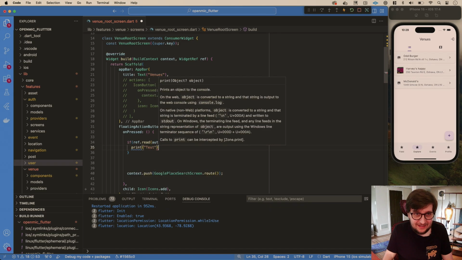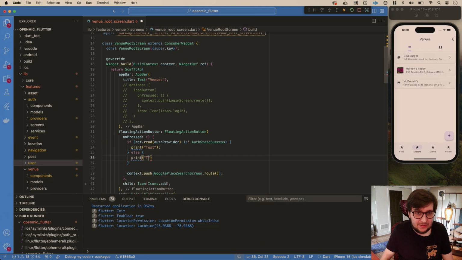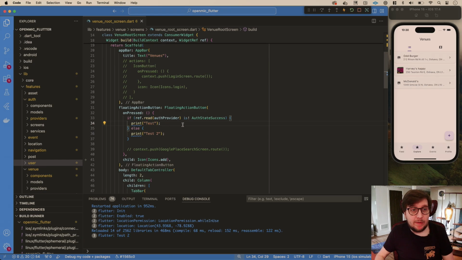Test. Else. Print. Test 2. And we'll just get rid of the action here. Okay. If clicking this should say, okay, test 2. So, and we are logged in, I think. Okay, so I guess that's working. Okay, cool. I guess you just do is with an exclamation mark. If it is not auth state success. Okay. So basically what we want to do is